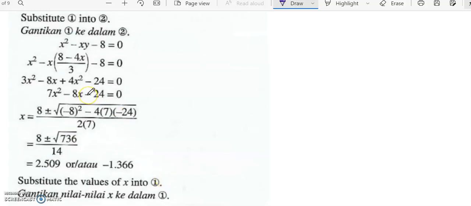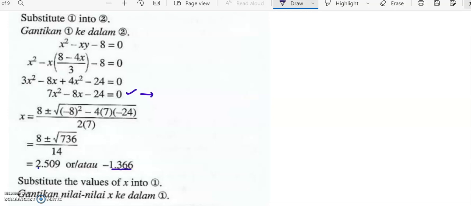Okay, so up to this part you will get a quadratic equation. Then you will use the calculator. So if you substitute the values of the coefficients of the quadratic equation,